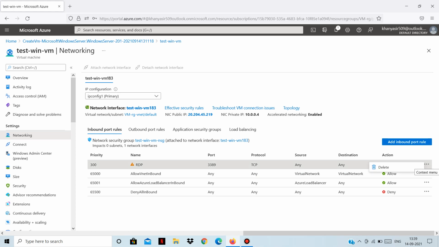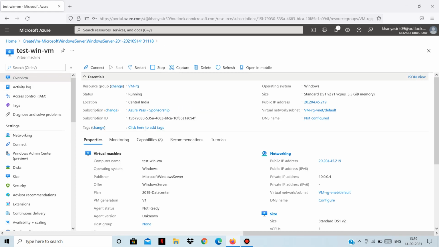You can modify the rules or add an additional rule. You can also delete existing rules, and the destination. The action is allow, meaning I am allowed to connect to this virtual machine using the RDP protocol. All right. So this is how you can create a Windows virtual machine running in the Azure data center. To connect, you can simply click on connect and then use RDP, because SSH is used for Linux machines. To connect to a Windows machine, we need the RDP protocol.